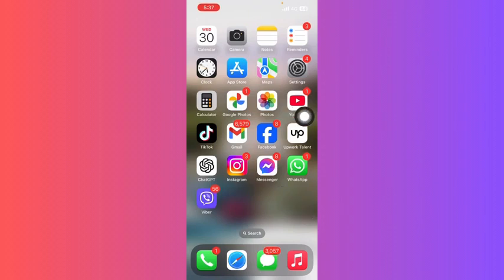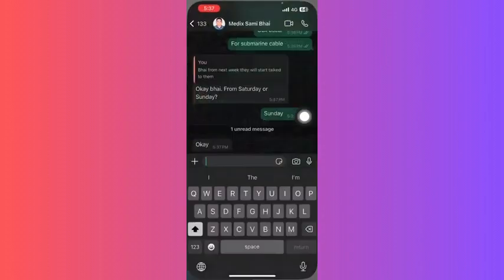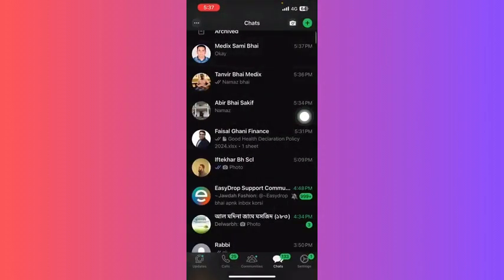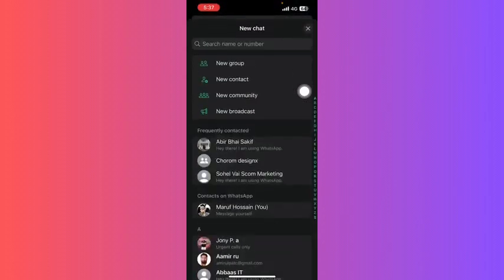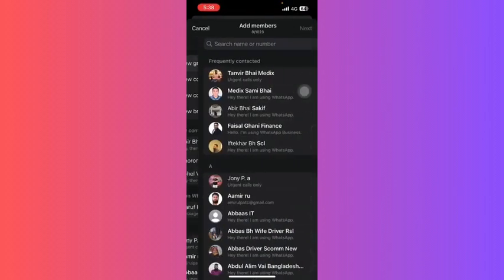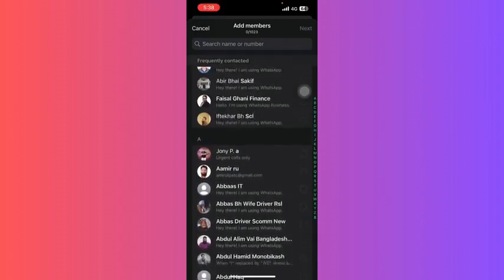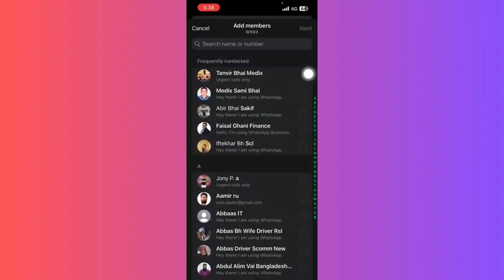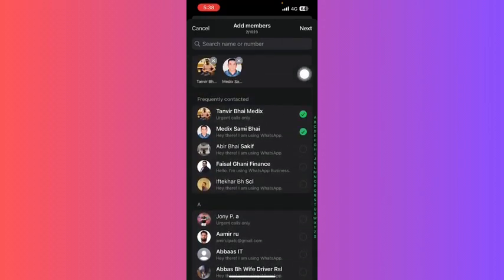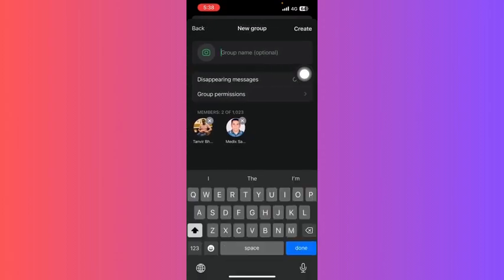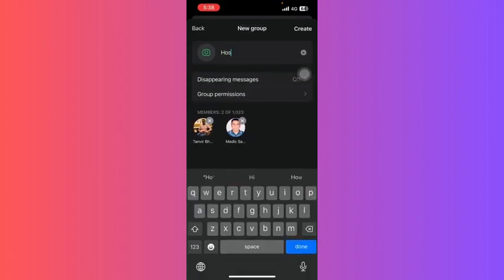So let's start. First of all, you have to go to the WhatsApp and we can see the green plus sign here. We can press here. After that, just press new group. After selecting the members, we have to press the next button and you have to select the group name here, like hospital,